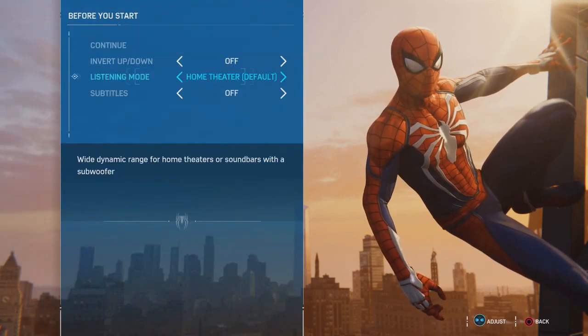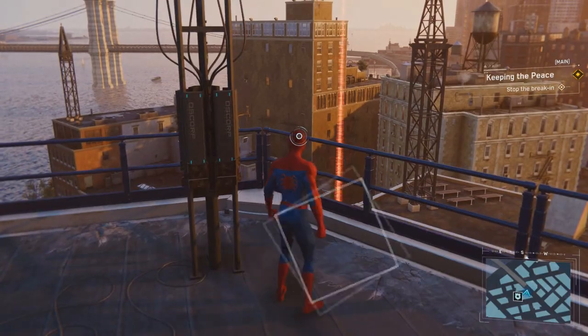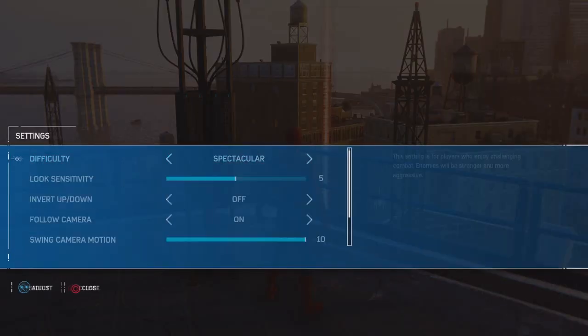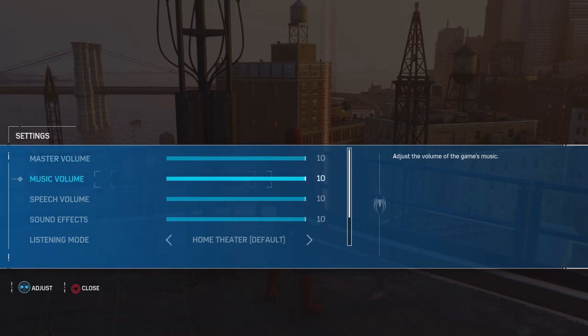Now, what this update mostly consists of is a bunch of added features and content, like a newer difficulty mode, New Game Plus mode, new outfits for Spider-Man, as well as a photo mode, as well as a lot of bug fixes and added little features here and there. So sadly, it is pretty beefy and adds a bunch of content to the game if you download this